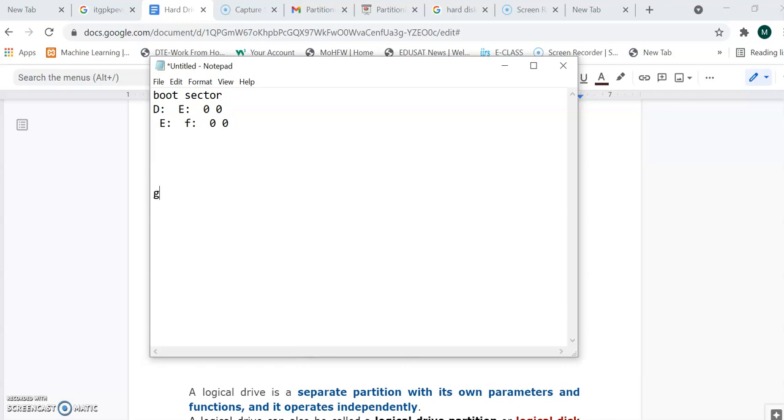So we go directly to the last one. For G drive, we can assume this is the last logical partition. The first column contains the current address of G drive, the second will be 0, the third field is 0 and the fourth is 0. Third and fourth are 0 by default for logical drives, as you know. But here it will not point to any next logical drive, because this is the last logical drive.